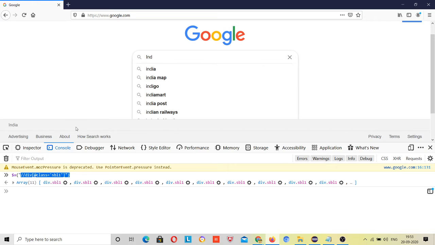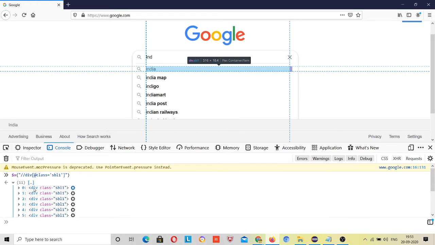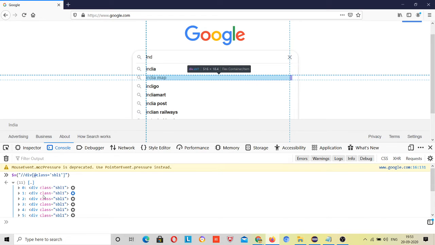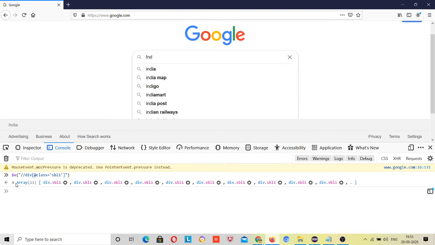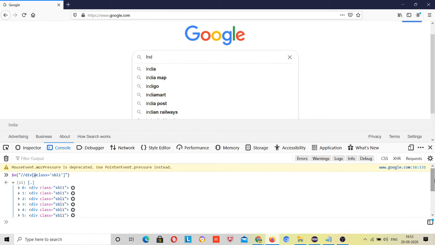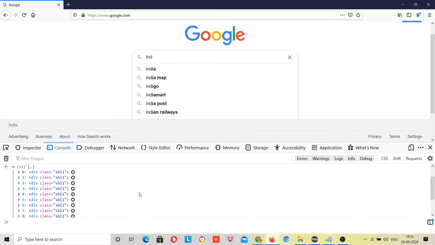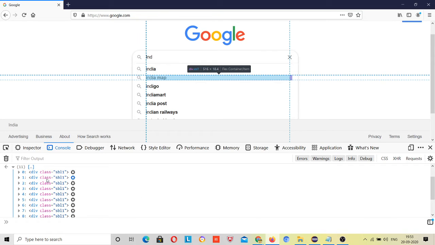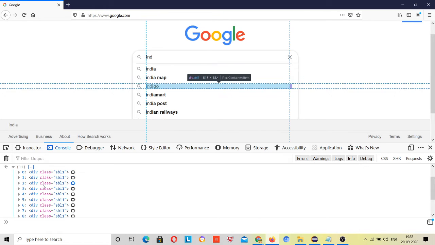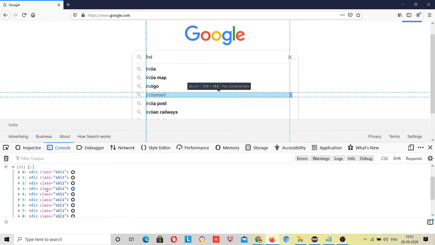If I type India and see, first one is India, second one is, if I expand this, then all will be expanded. In index 0, first one is India, second index India map, third index, and for the fourth index it is 3 but the value is 4, right?